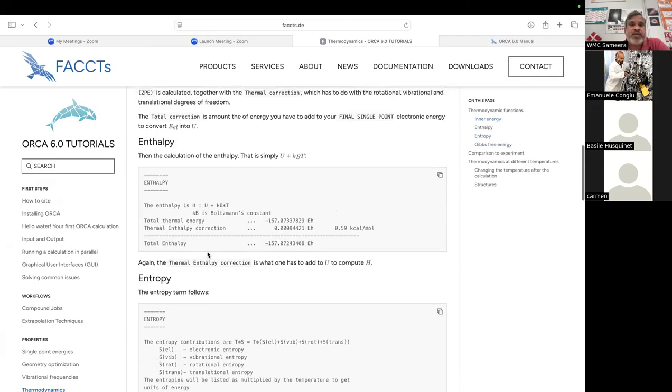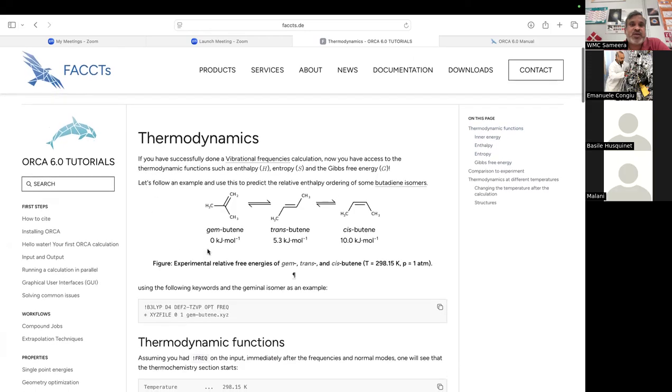In this exercise, you compute the relative energy of these three molecules. These are three different isomers, and